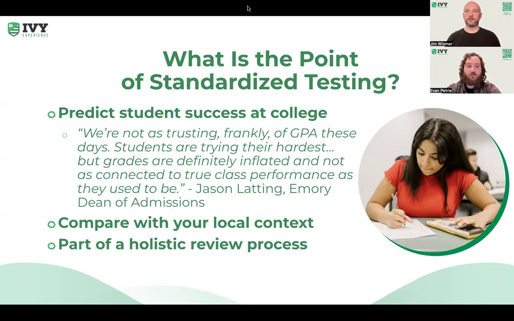Additionally, standardized testing is going to provide local context. There is a school profile attached to a student's transcript whenever they send their transcript to a college as part of their college application. That is going to include the high school's average SAT and ACT scores. So, with that school profile, that's going to compare the student to how other students at their same school did on a test. That makes it really easy for colleges to see when a student is particularly outstanding compared to their peers, not just at their school, but also in their area as well.